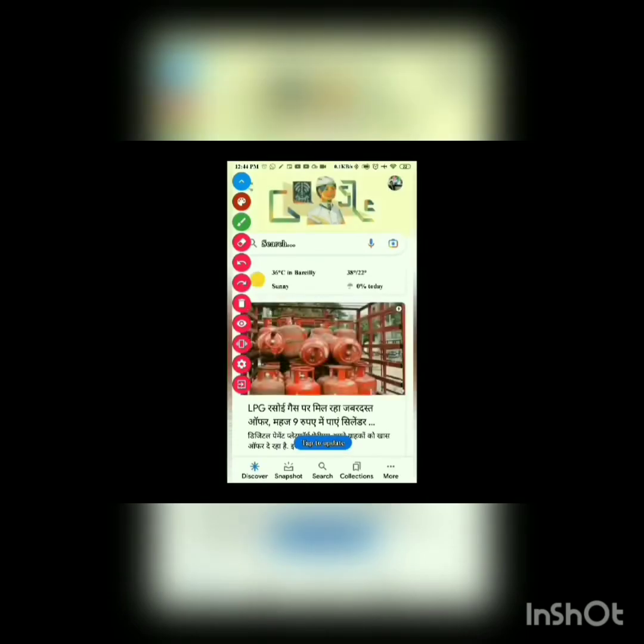Right now, I am on the normal screen of my phone. We simply go on Google. When we go on Google, we see an icon of your email ID. Here you can see if you have a display picture, otherwise you can see the first letter of your name, suppose M, right?